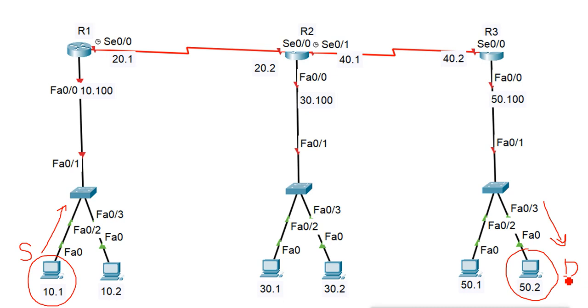Now if I configure the standard list, what happens? It will only check the source address. For example, I configure the standard list on this interface, and I set it inbound. Remember, when this source tries to access this destination, it will enter router 1 from this interface. So I have configured the list here on router 1, and I have applied it on this interface as an ACL for inbound traffic.